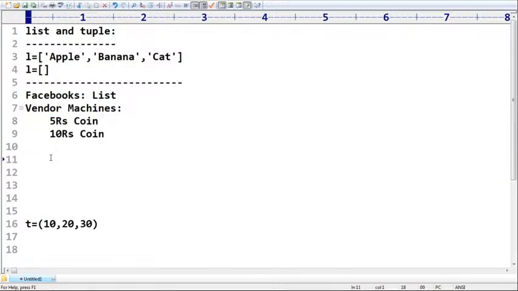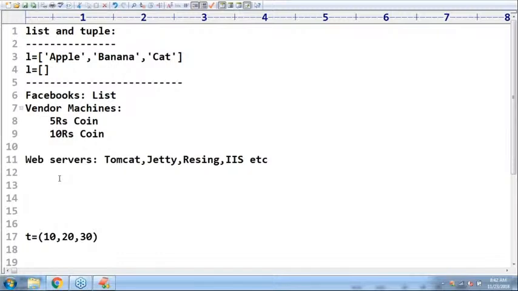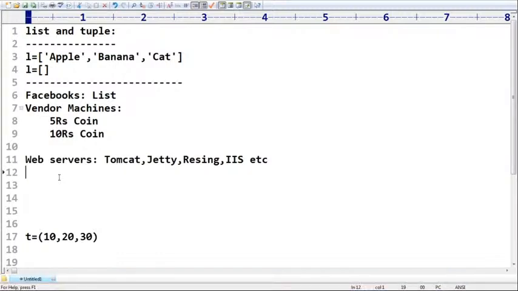Similarly, suppose I'm writing a program for servers. Okay, web servers, application servers. Like there are some servers. Servers are also software applications to run our applications, like web applications. To run web applications, web servers are there, like Apache Tomcat, next Jetty, next Resin, next Microsoft IIS. Like there are multiple servers, right? So if you want to develop a server administration site, then you know,